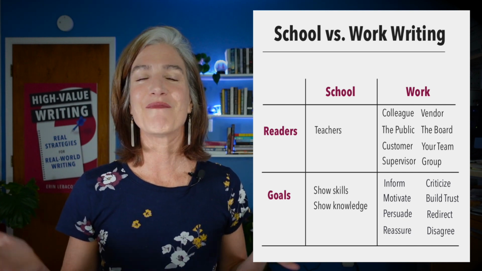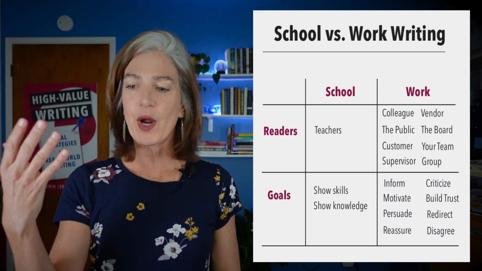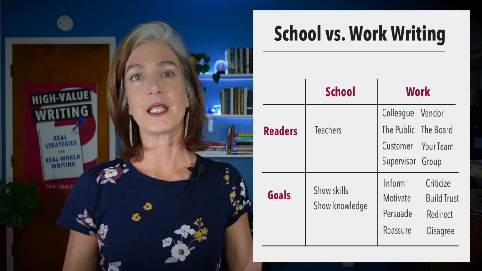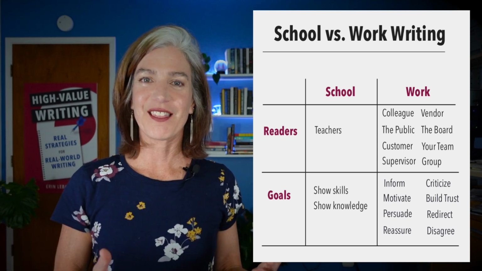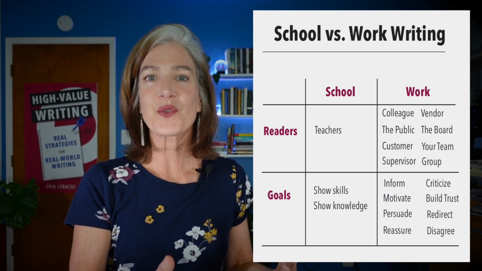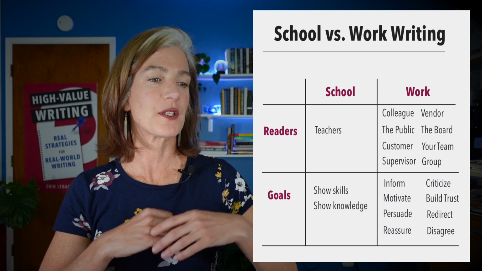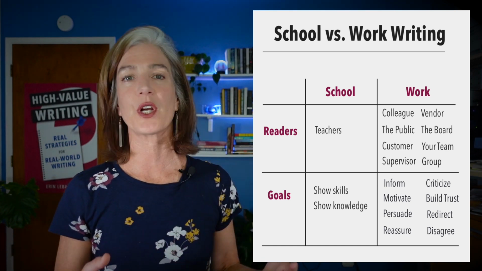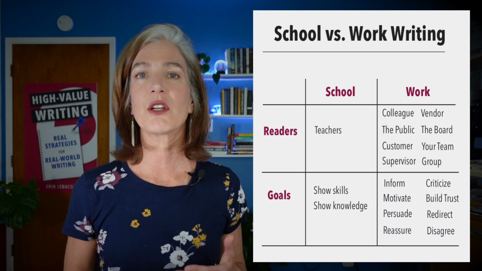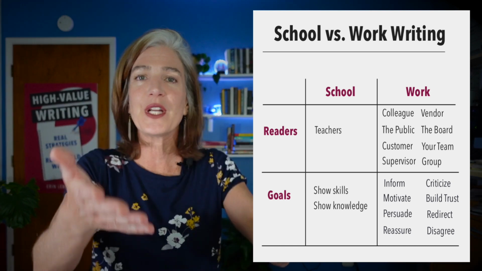Our goals also are much more plentiful and diverse in work writing. Again, just be aware: when we wrote for school, we were always showing things about ourselves and our knowledge and abilities. And we really need to transition that with writing for work because now we are not trying to show things about ourselves. We are trying to help somebody else, and that's the reader. We might be trying to just tell them something or motivate them or build trust with them. We might be trying to correct their action or redirect, agree or disagree, help or assist. But regardless of which goal it is, the reader is somebody else.